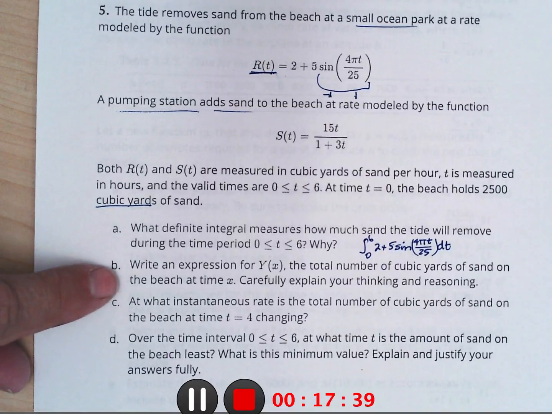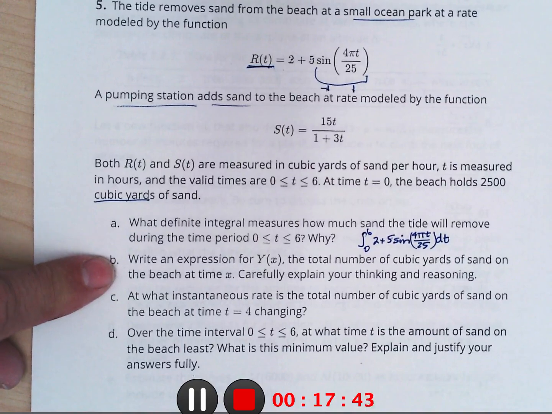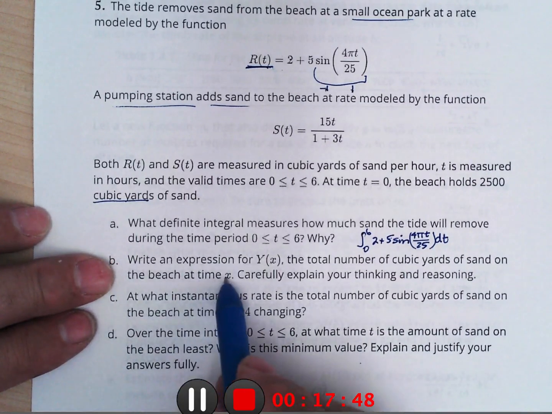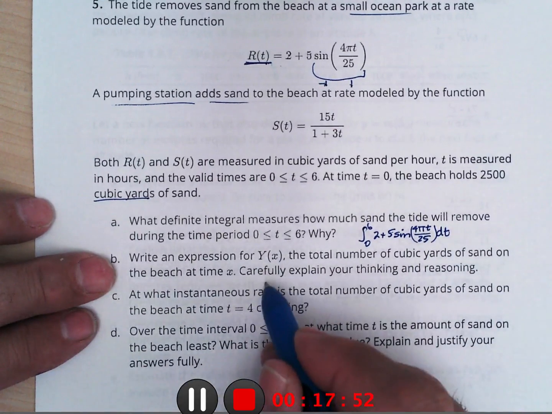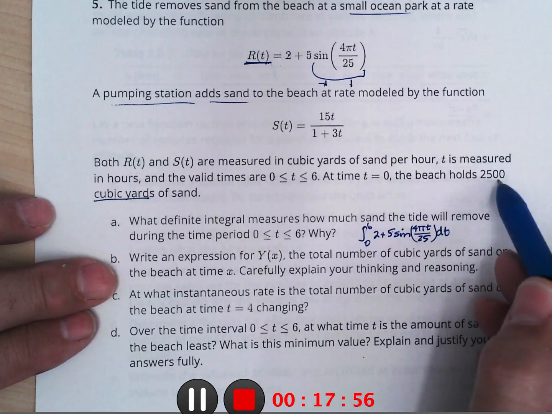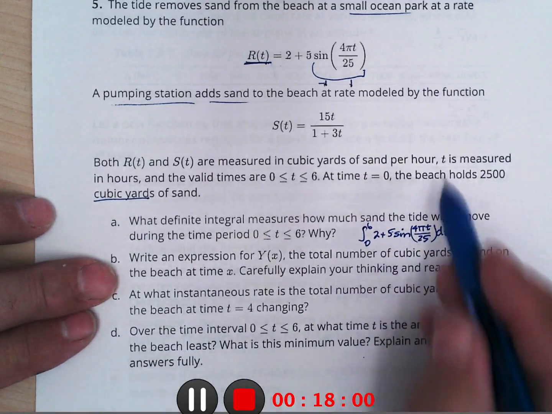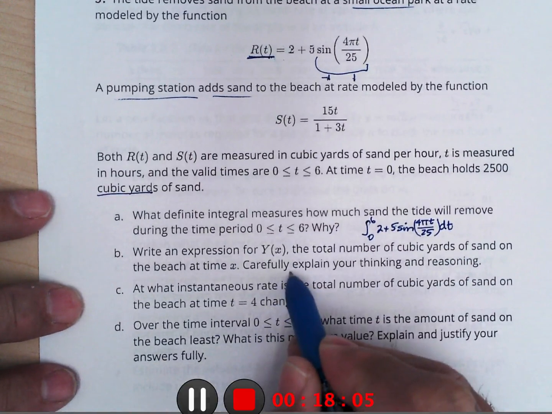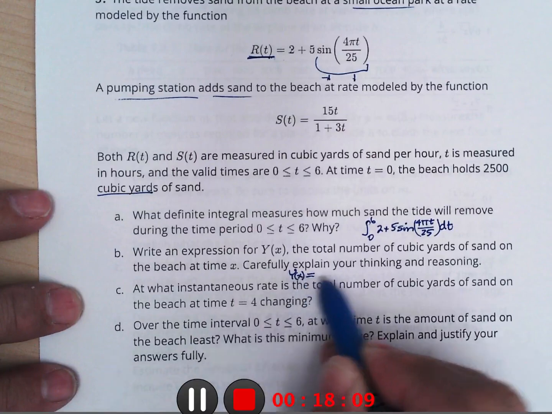Write an expression for y of t, which is the total number of cubic yards of sand on the beach at time t. Explain your reasoning. Now the beach holds 2,500 cubic yards of sand at time 0. So y of t would be, it had 2,500,